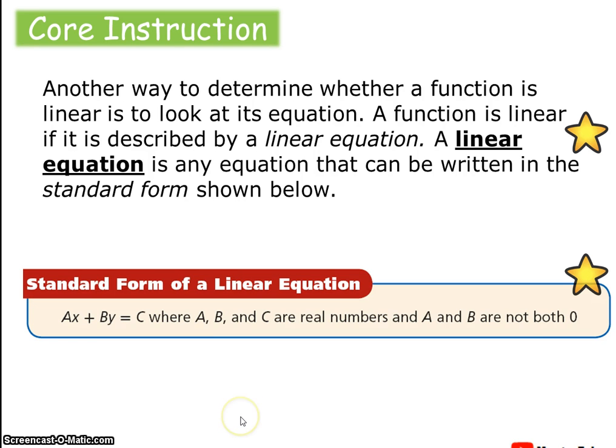Okay, so another way to determine whether a function is linear is to look at its equation. A function is linear if it is described by a linear equation. A linear equation is an equation that can be written in the standard form shown below. The standard form,